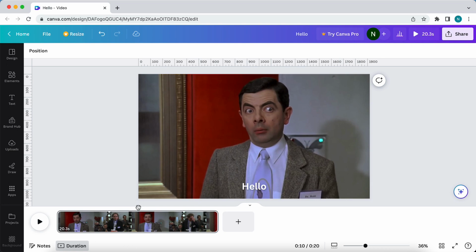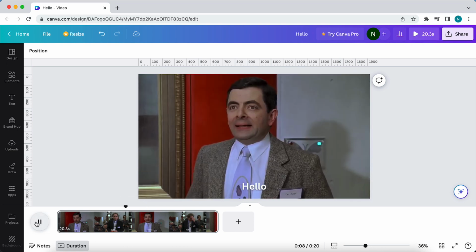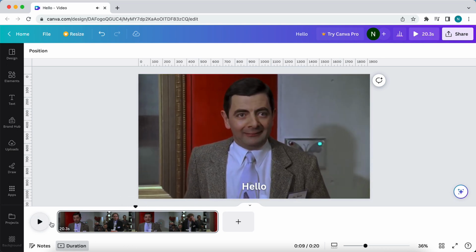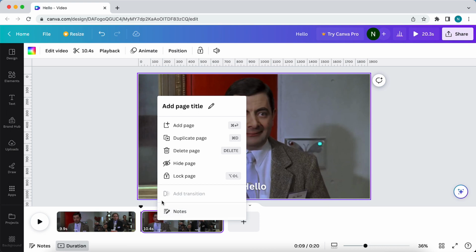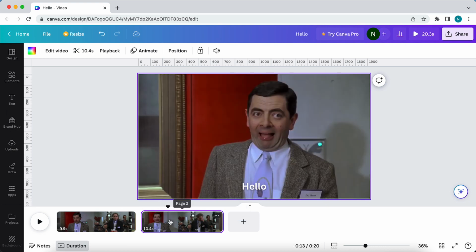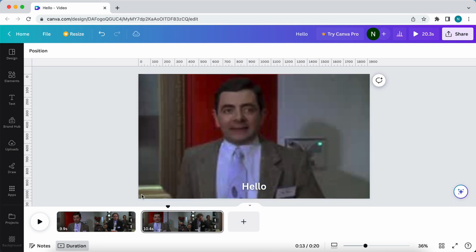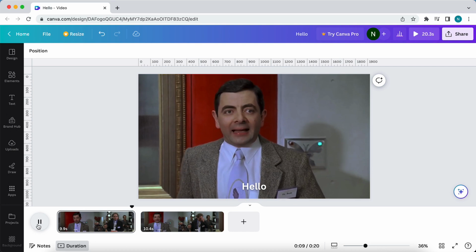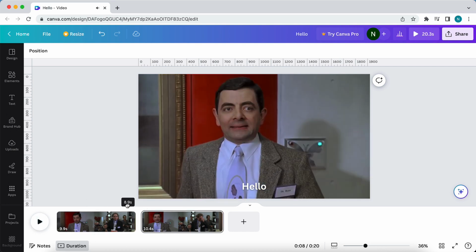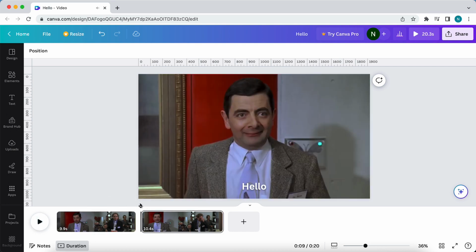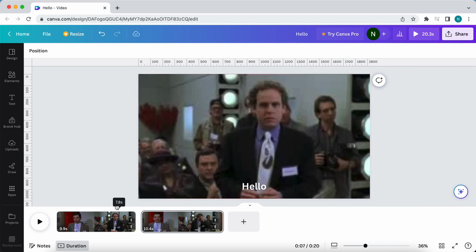So first move this cursor. Hello. And after he said hello, you need to press on this S button. So this will split the page into multiple sections. You also can just move this cursor and then tap on split page, or just press S, which is much faster. So hello. As you see, this hello text is now everywhere, but we only want that hello text